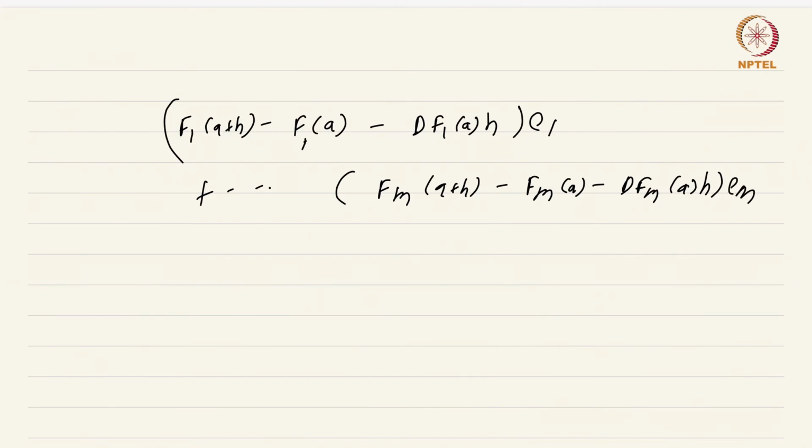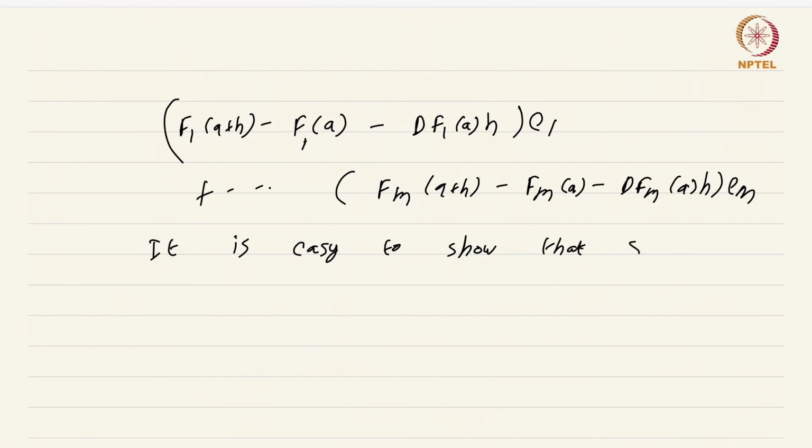Now by the fact that each fi is differentiable, and obviously this is the derivative of each fi by definition, each one of these is sublinear, and it is easy to show that